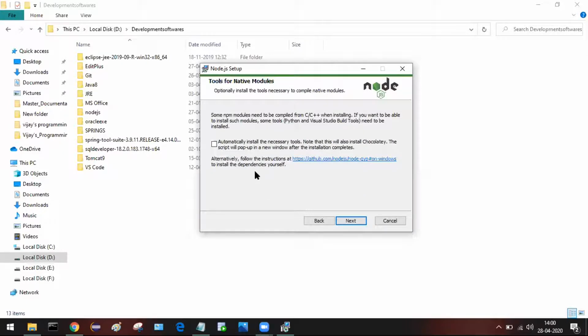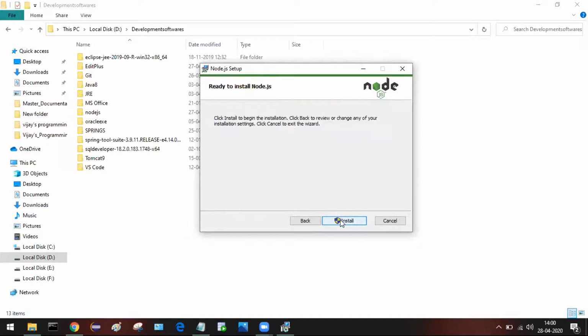Here is an option called automatically install the necessary tools. This is going to install Chocolatey. The script will pop up a new window after the installation completes. We don't need this as of now. You can just click on next. Don't click on this checkbox, leave it as it is.